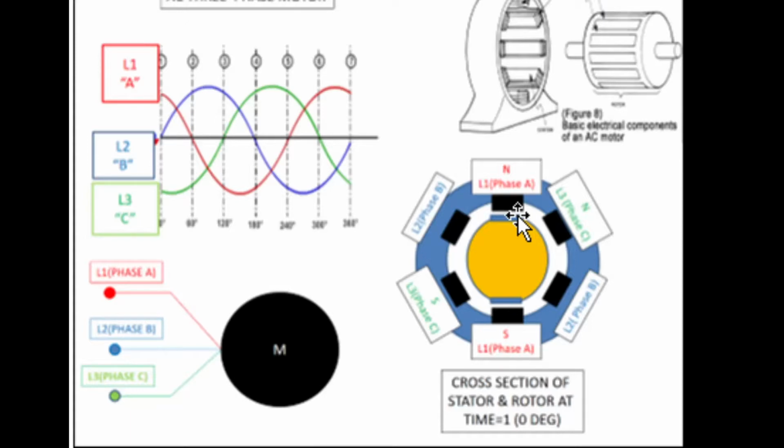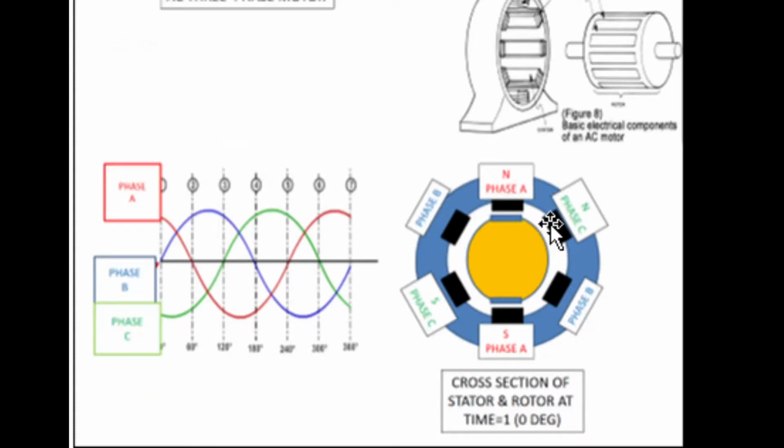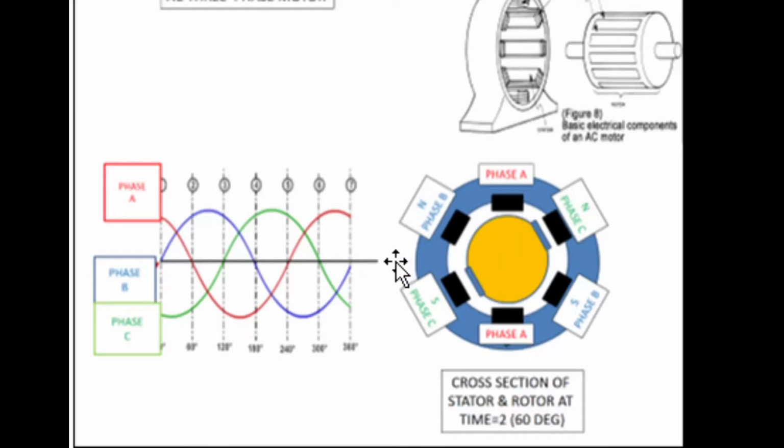All right, now let's look at it at 60 degrees later. That's 0 degrees. Now let's move on to 60 degrees here. So at 60 degrees, which is over here, you see the A phase is just basically shut off, it's 0, but the B and C phase are pretty high voltage. So the next two magnets in the sequence are now pulling hard on the rotor. And then the final one,